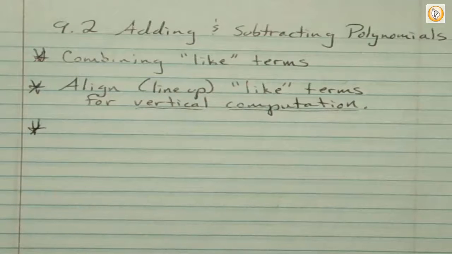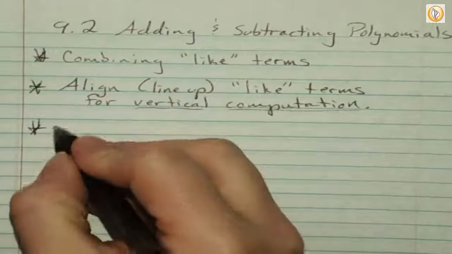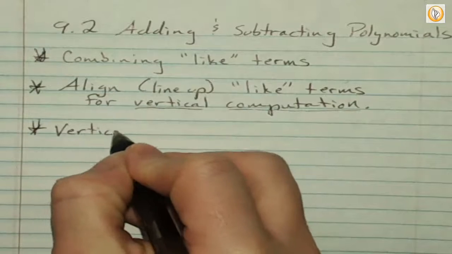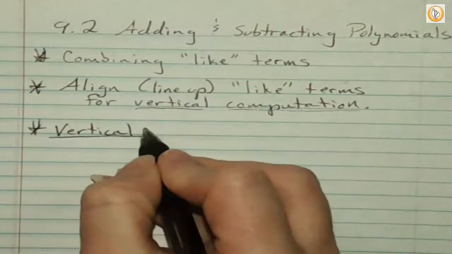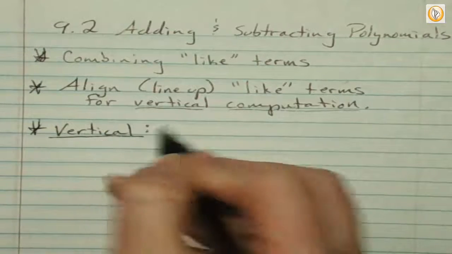And over that time, with each generation of children that have come through these doors, the majority of them seem to like the vertical computation. There's two ways. You can do it horizontally, but for some people that's more confusing, and I'm going to show you. So for vertical, which again seems to be the preferred method,